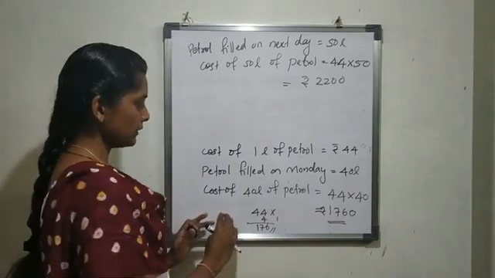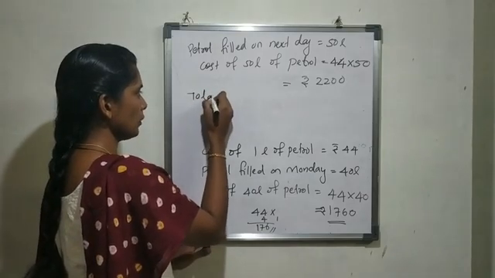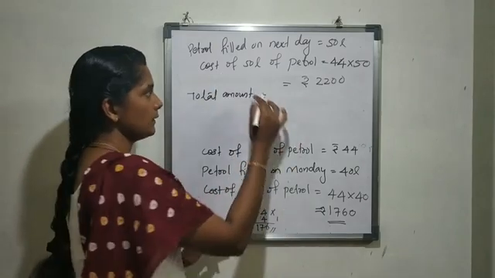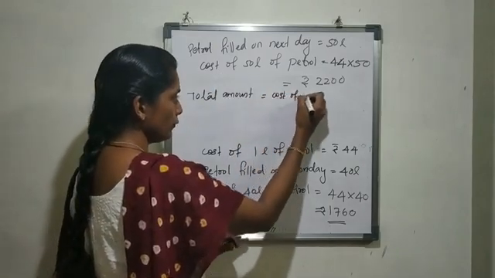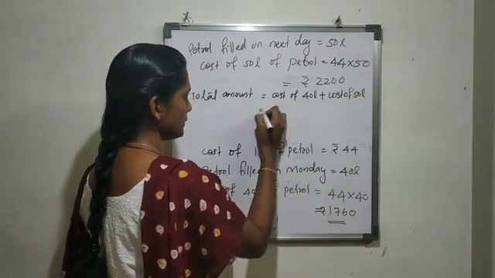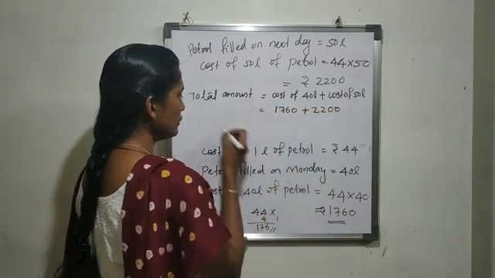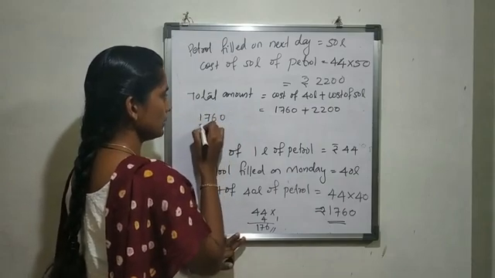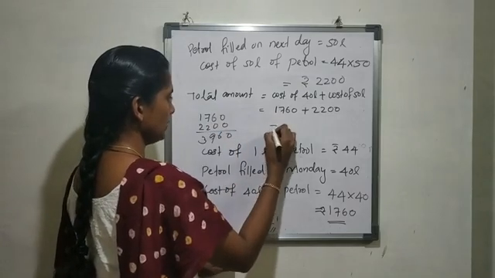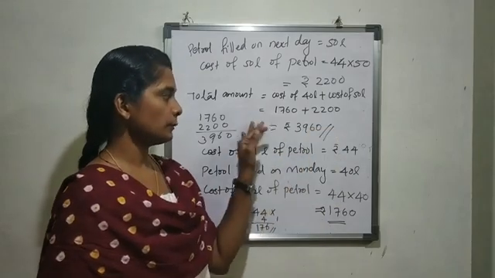We have to find the cost, which means cost of 40 litre plus cost of 50 litre. That is the total cost. Total amount he spent is the cost of 40 litre of petrol plus cost of 50 litre of petrol. That is equal to 1760 plus 2200. Just find out that sum. It is rupees 3960, the total cost of petrol that he spent.